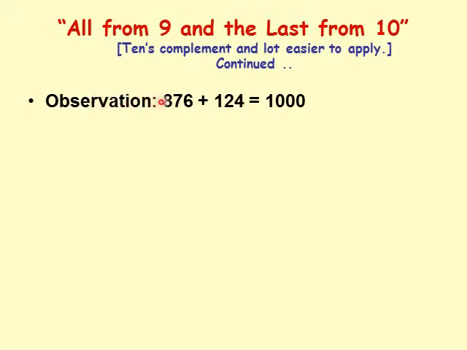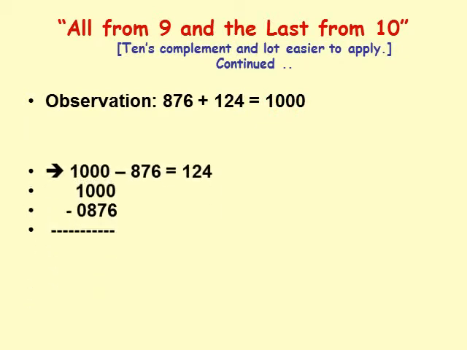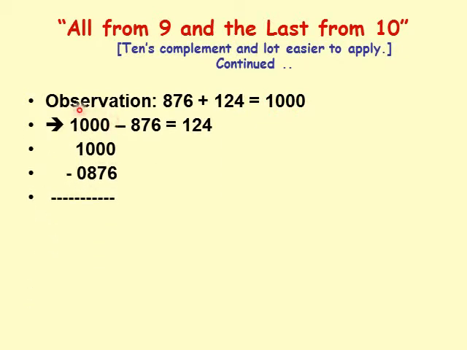From the previous slide, we noticed 876 plus 124 is 1000. That means 1000 minus 876 must be 124. So if you subtract 876 from both sides, the right side becomes 1000 minus 876 and the left becomes 124. If you rewrite this problem as two lines, 1000 minus 876, the answer is